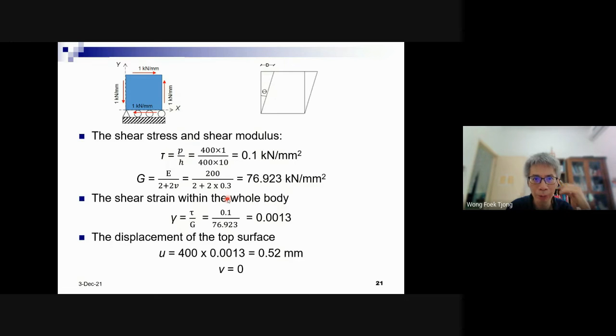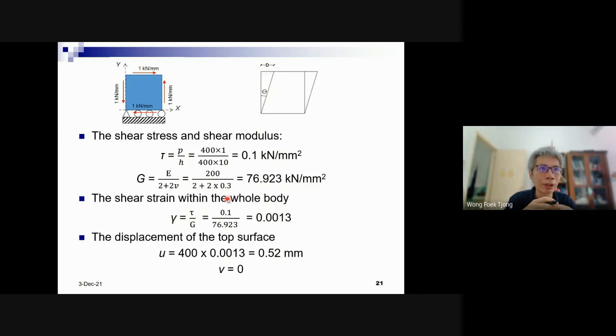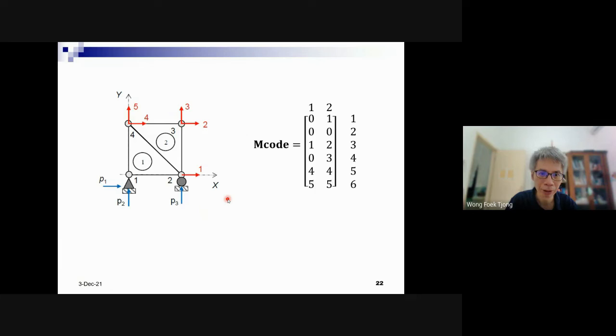This is because the problem actually does not need finite element to calculate the displacement and to describe the deformation, the shearing, the stress inside, the stress distribution. We just want to test whether the CST works perfectly or not for a pure shear problem. Okay, now let's use finite element.